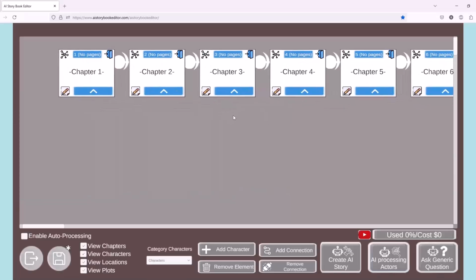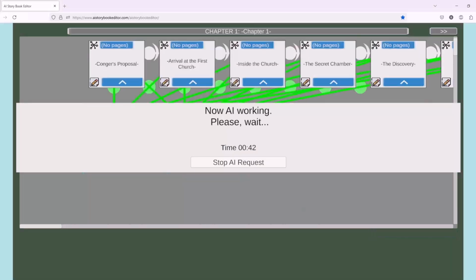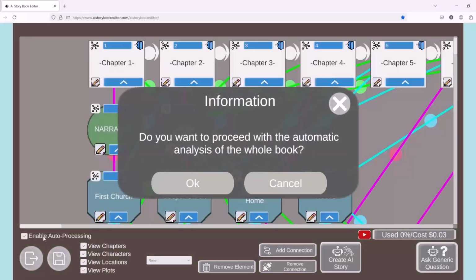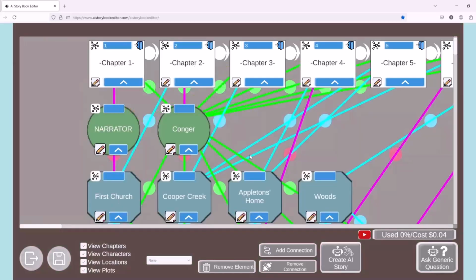And the next step that we are going to do, we are going to perform a complete analysis of the whole story. We are going to identify the characters, locations, plot elements, and for each chapter we are also going to perform analysis so we are able to identify everybody who is involved in the story. To do that automatic process, the only thing that we need to do is to toggle on this toggle, and the process will start. Okay, the whole analysis has been completed,